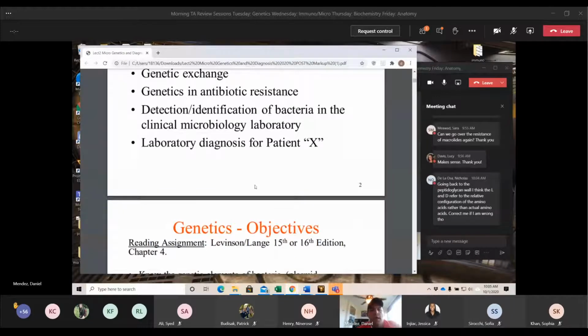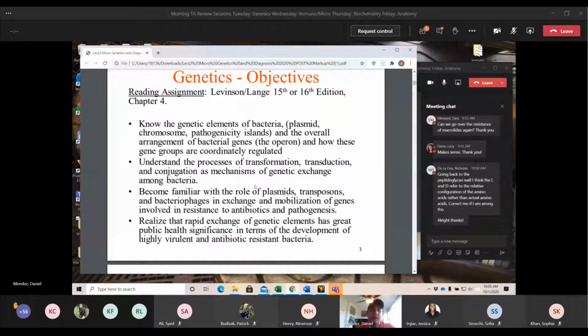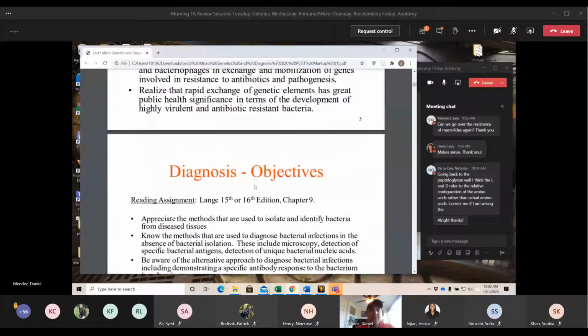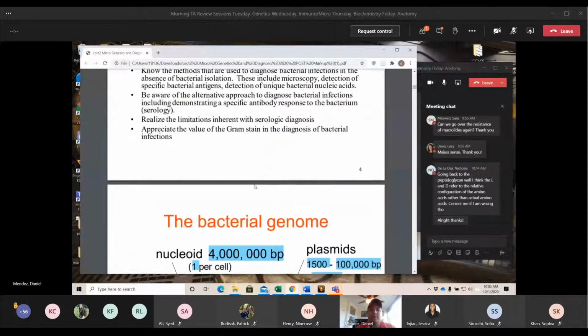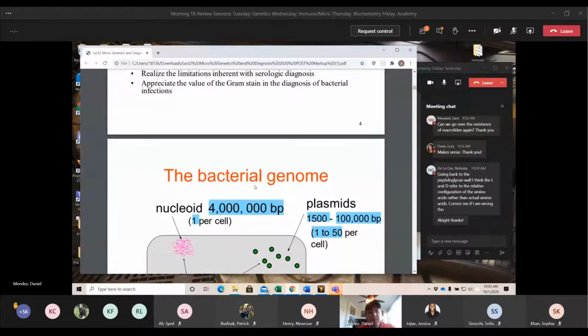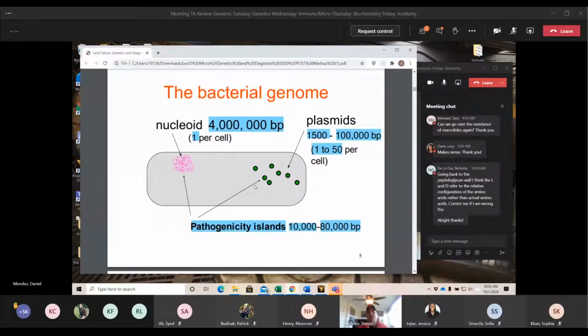Here are his objectives again. The reading assignments are pretty helpful, but only if you read them before you go through his lectures. So I would make sure to note that, and try to start working ahead on those. Block 2, the reading assignments are very helpful because they give you a lot of information on the different types of bacteria and viruses that you're going to be going through.